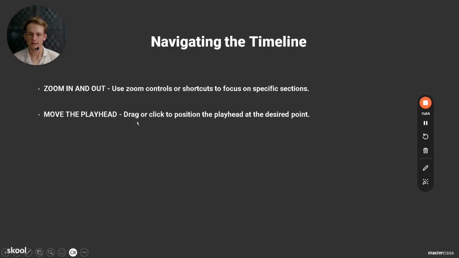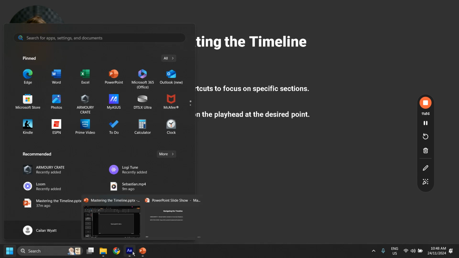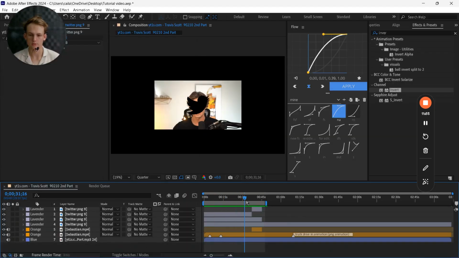All right, move the playhead. Drag or click the position of the playhead to the desired point. So that's this thing that we're just messing around with, this little diamond shaped thing. You literally just drag it around. Wherever you drag it is wherever the preview will show. So right now, if I drag it to here, the frame I'm at is 18 seconds and 27 frames. That's the frame I'm seeing. So wherever I drag it to, that's where it is. And when you press space to play,